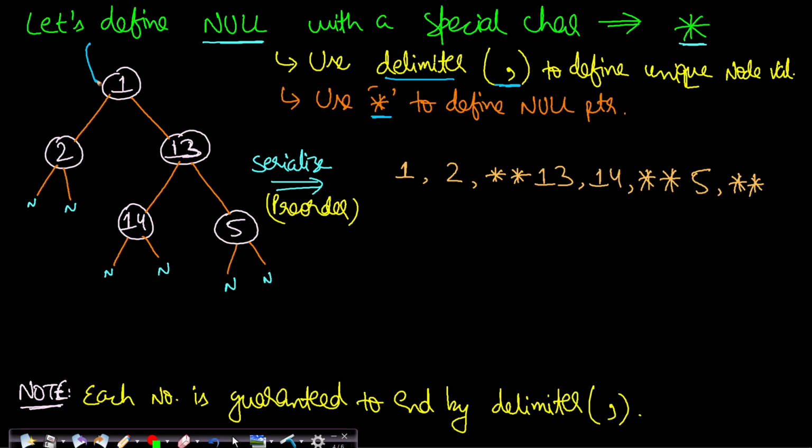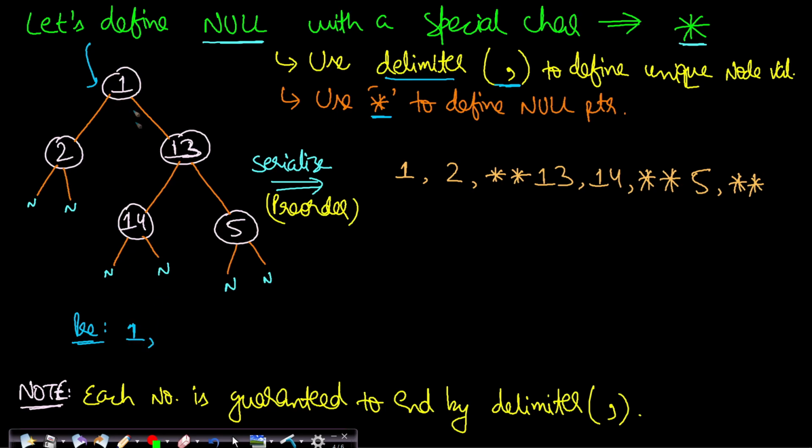So first we reach to this 1. When we reach to this 1, then in the pre-order I will first write 1. Now in the pre-order traversal, we process the node and then we make the left call and then we make the right call. I hope you know these things. So once the processing is done, in this case the processing is nothing but printing the node, and I know that I want to separate it out from the next node value. So I will always put a comma after printing the node value.